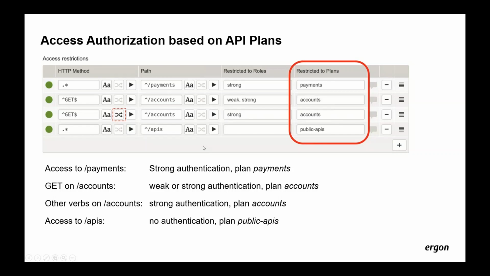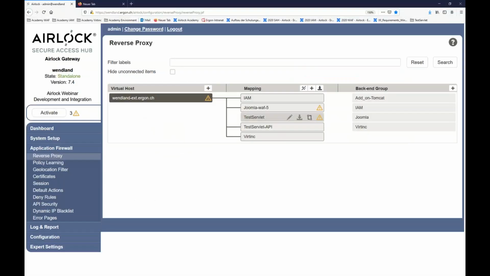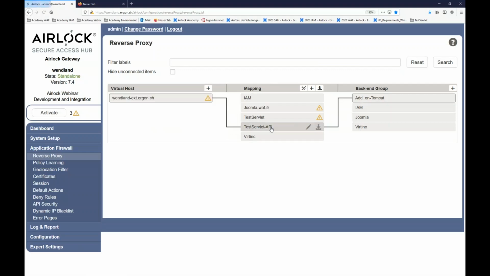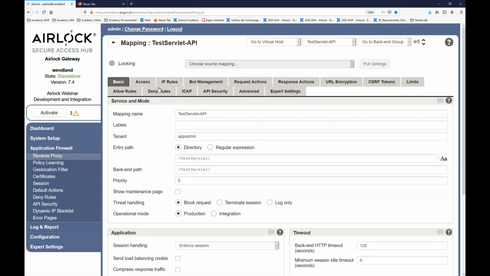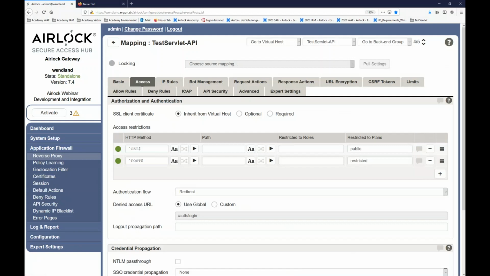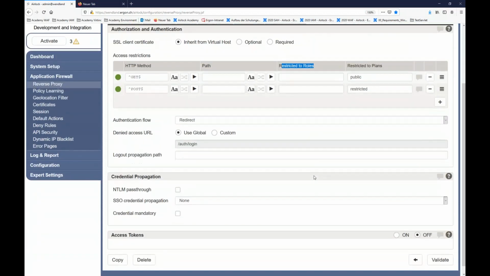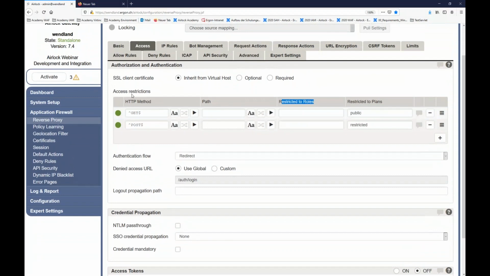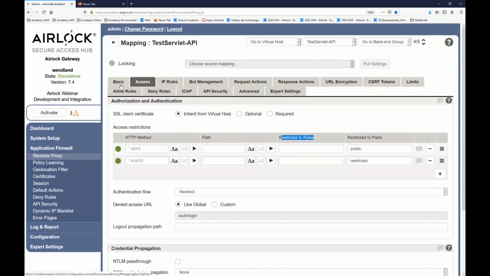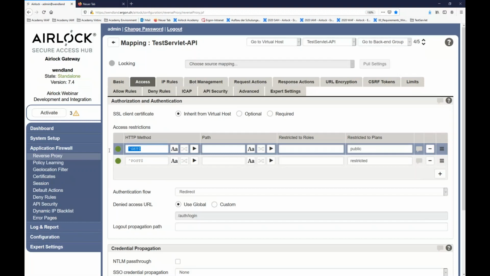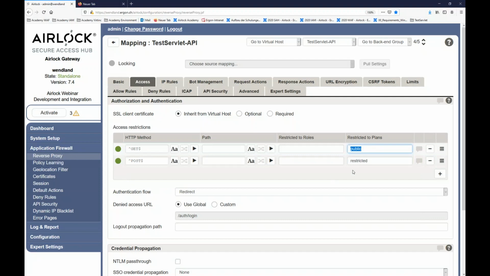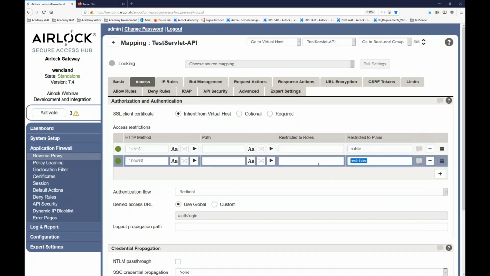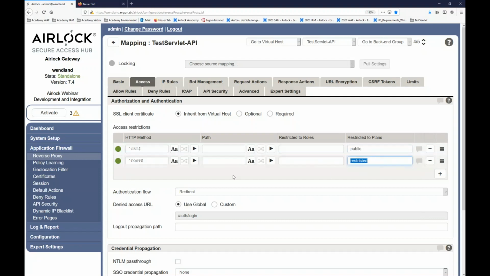So what you can do is go to your WAF inside the configuration center, and within the part where you define the roles, the access, there's now a new part. I don't have any authentication here. I only have the plans here, which I can define. So I tell my test servlet, which is a simple echo server, to let the GET through with the public plan. And if someone tries to send a POST, there's a restriction of a few requests per second,